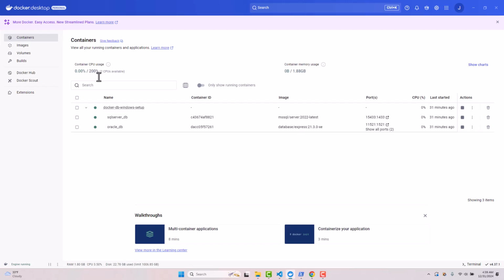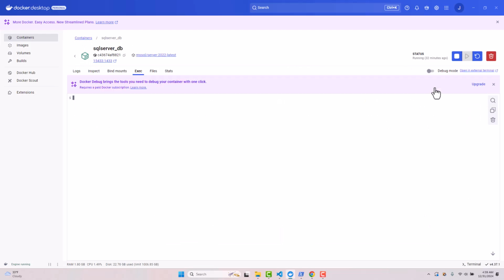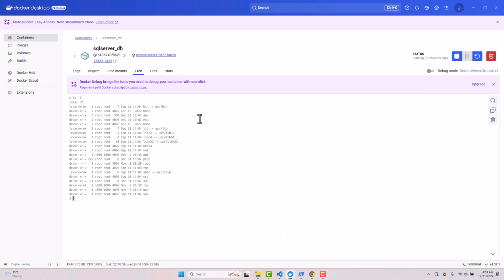We want to go ahead and click on the arrow and go back, and this time we want to drill into the SQL Server. If I click on the three dots with a left mouse click, open in terminal, I can go ahead and do an ls -l. I need to locate where my sqlcmd command is. I need to provide the full path in order to execute the command. If I change to the opt folder and do an ls -l,